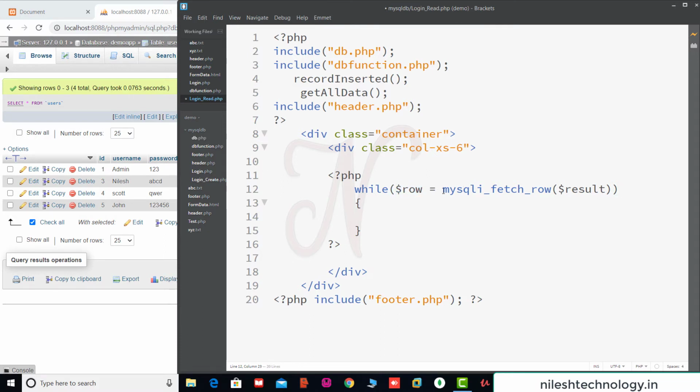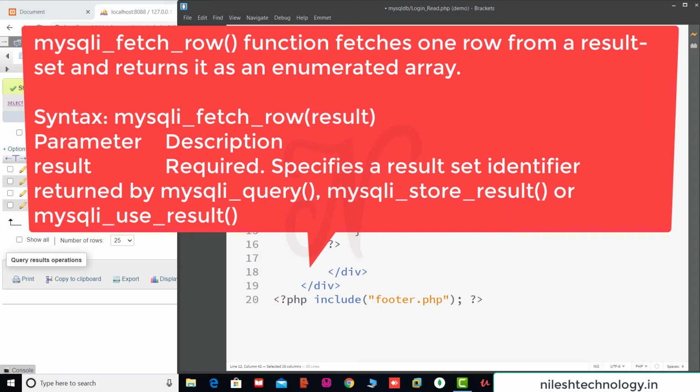So what is the use of this mysqli fetch row function? This function fetches one row from a result set and returns it as an enumerated array. This is the syntax, mysqli_fetch_row(result). This result is a required field.